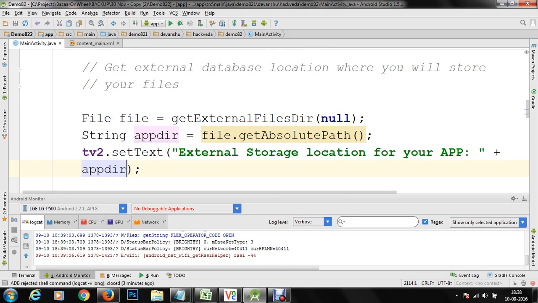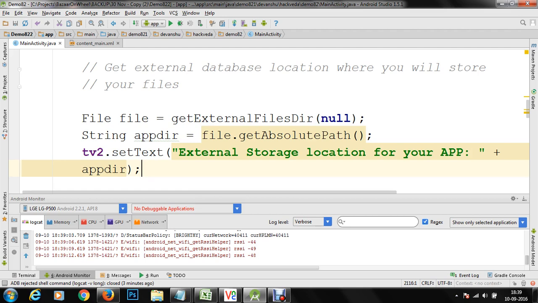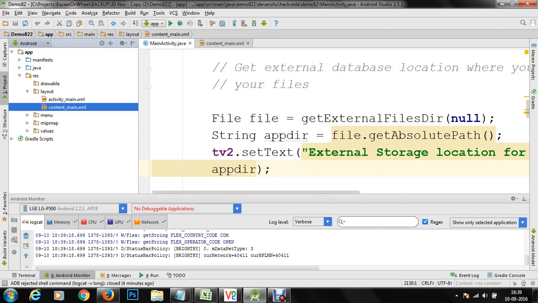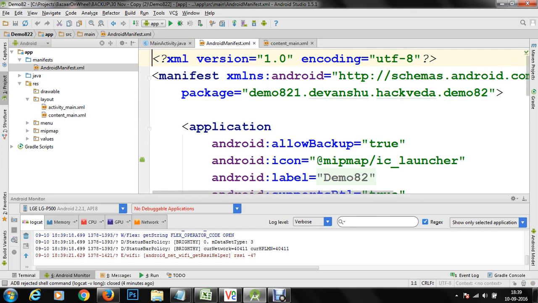So now once we are done, in order to access getExternalFilesDir, you have to specify read and write permissions within your manifest file. In order to do that, I'll switch to the project mode. We'll go to manifests, double click on AndroidManifest.xml.